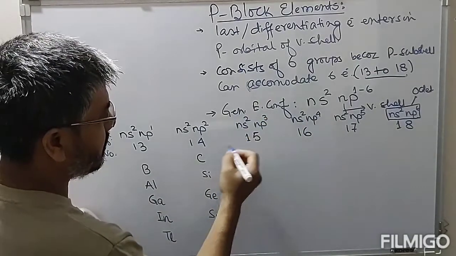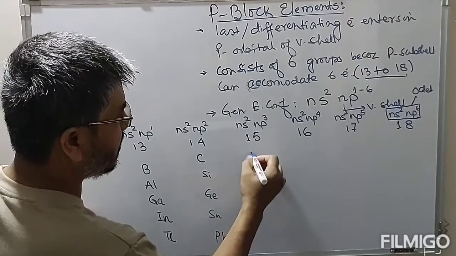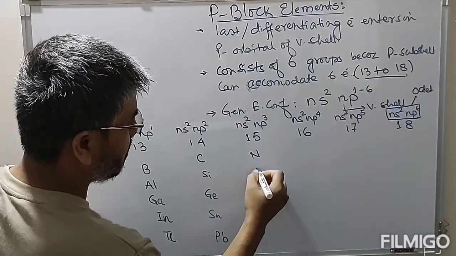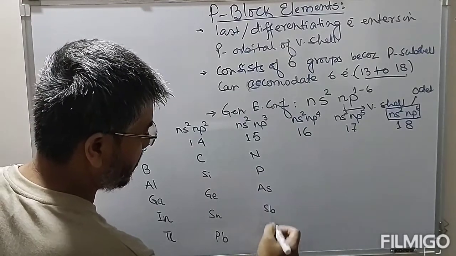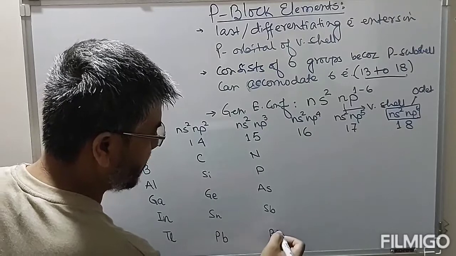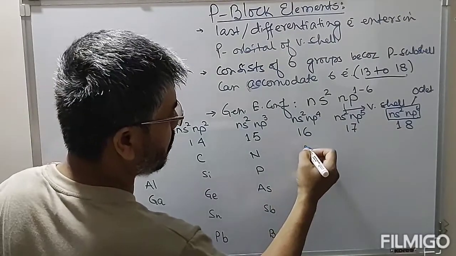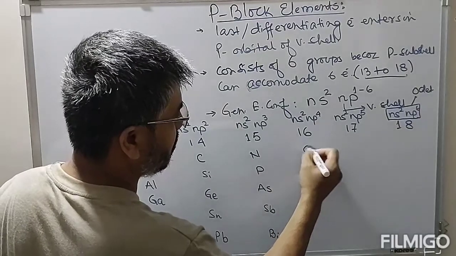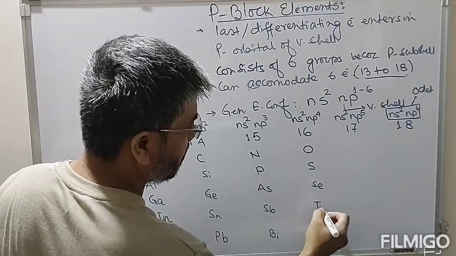Group 15 is known as nitrogen family. Nitrogen, phosphorus, arsenic, antimony, bismuth. Group 16 is known as oxygen family or chalcogens. Oxygen, sulfur, selenium, tellurium,